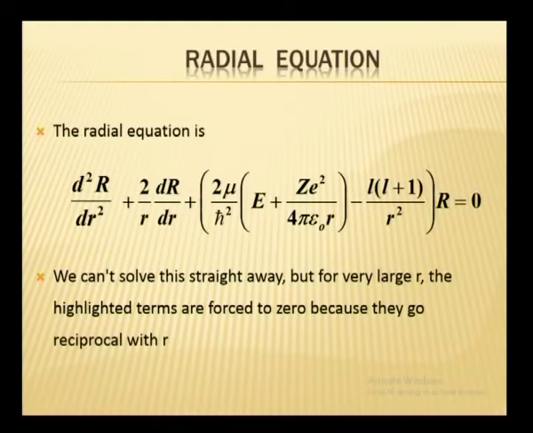This is the so-called radial part of the Schrodinger equation. We can't solve this straight away, but for very large r values, what should happen to psi? R is a part of psi. The wave function will be R_nl(r) Y_lm(theta, phi); it depends upon the angular part and the radial part. So, the capital R should tend to what? 0 as small r goes to infinity.